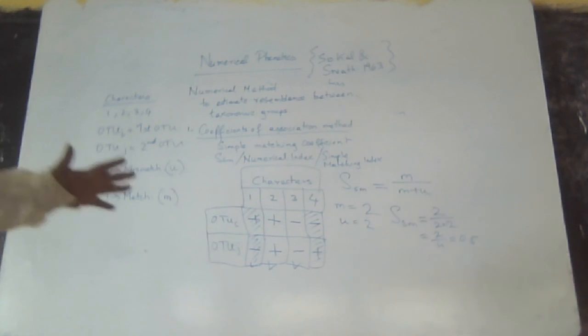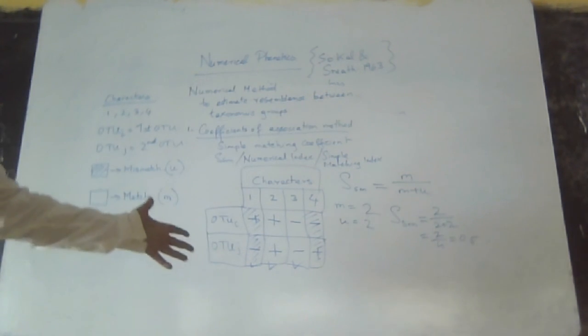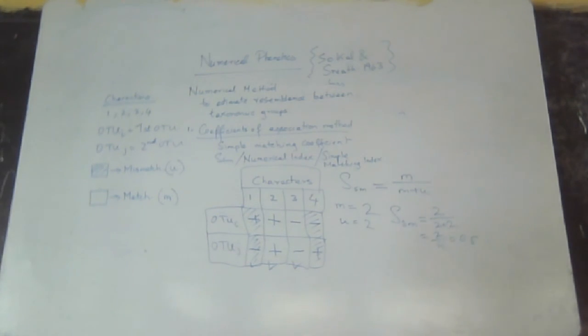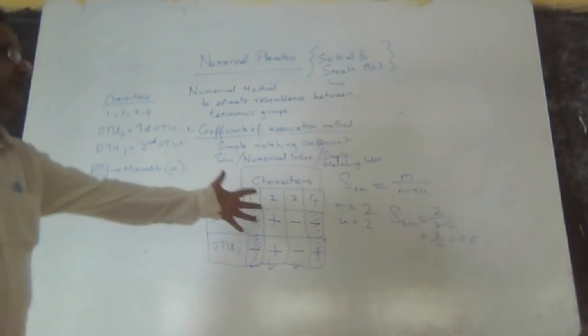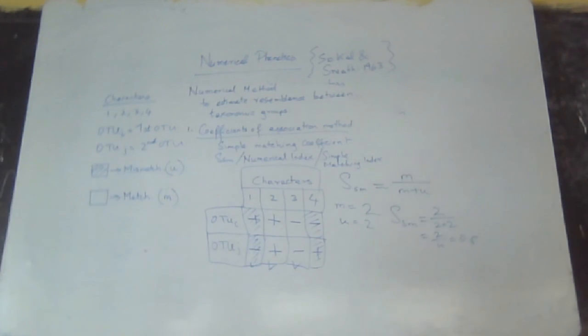So this is a very easy statement. You can have 5 more characters. 3 may match, 2 may mismatch. Very simply you put them in this formula and immediately you can see from this number which is close or far away. 0.5 is 50% match, 50% mismatch between these two groups with binary characters which we have done. So today I will stop over here, otherwise it will become an overdose.